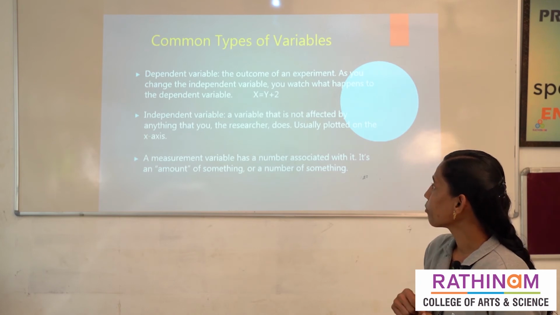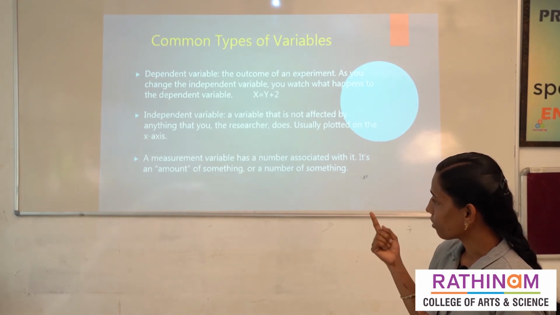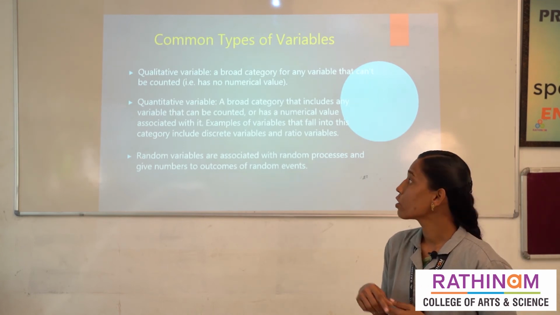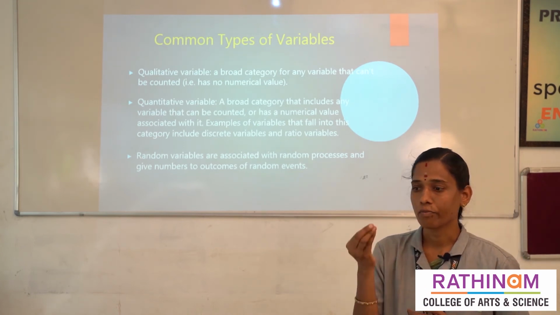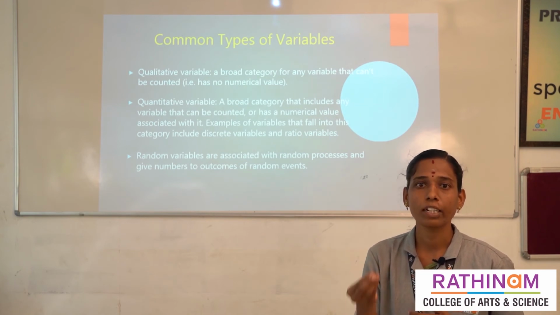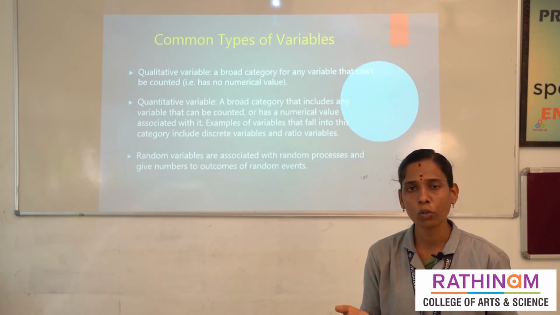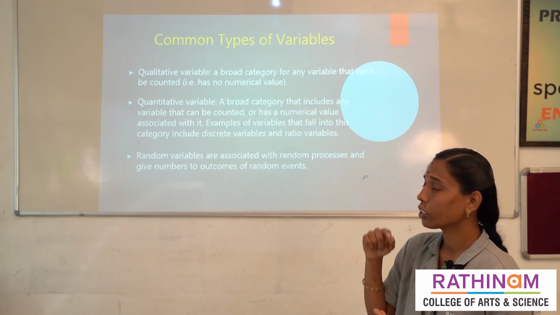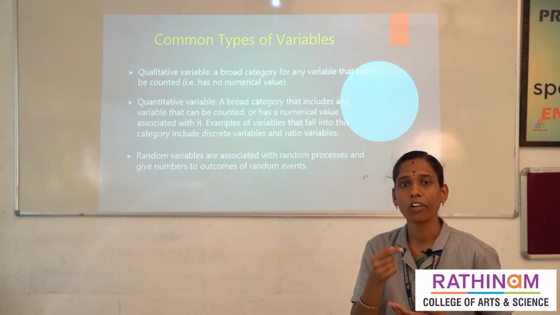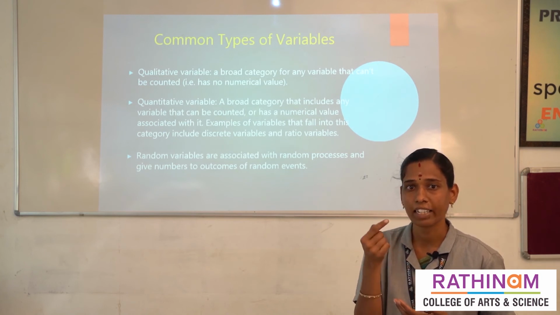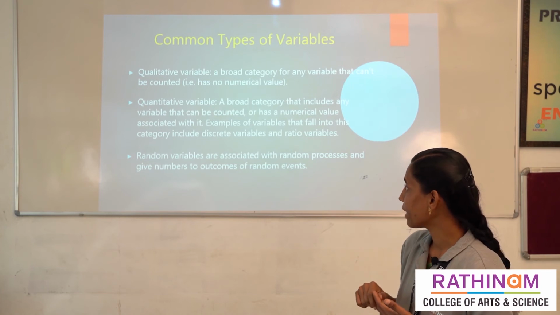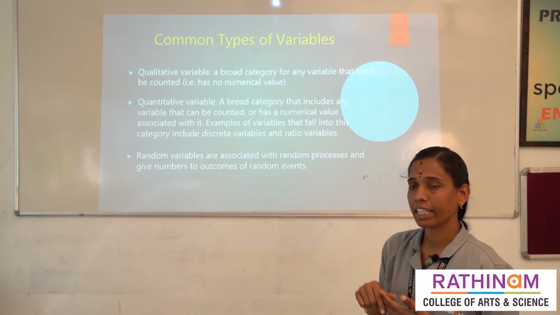And the next thing I am going to explain is qualitative and quantitative variable. Qualitative means, we are seeing one boy, and that boy is a good boy. There is no need to enter numerical values. So that's why this is called quality. Because of the quality of that variable, we are explaining that variable. So that's why this is called qualitative. It has no numerical value.